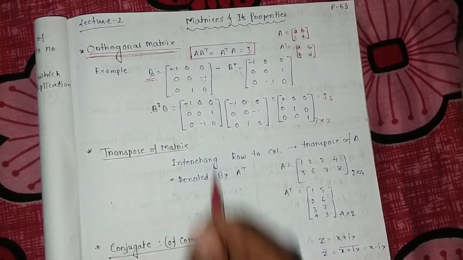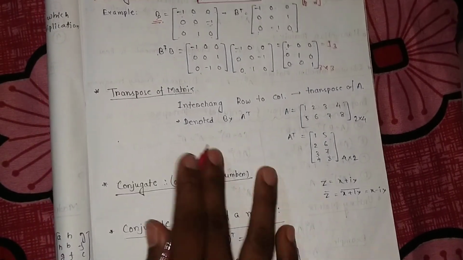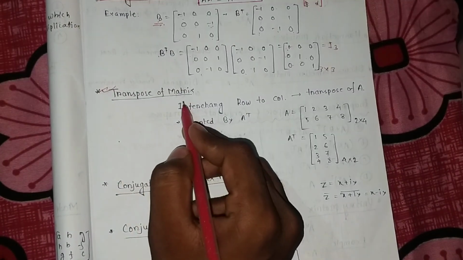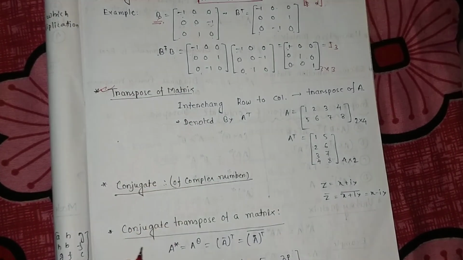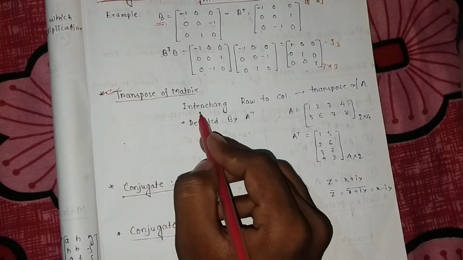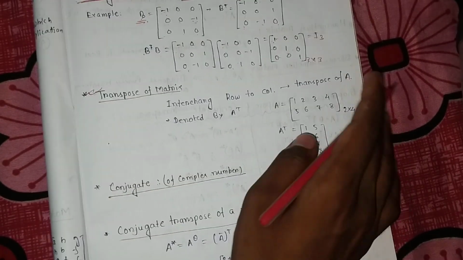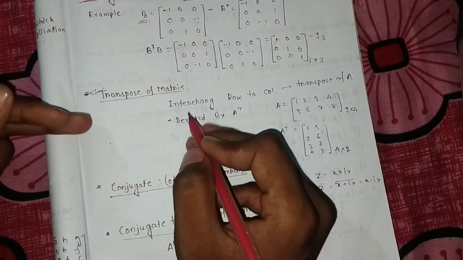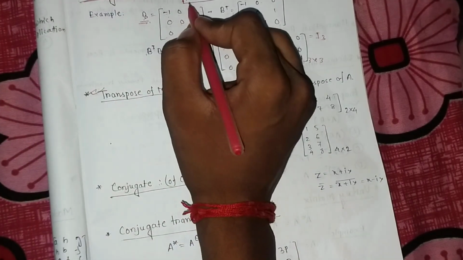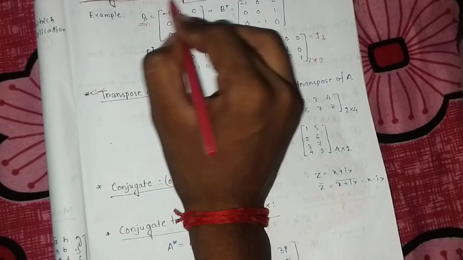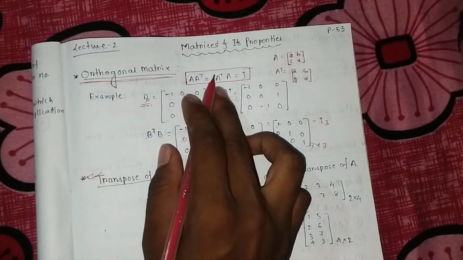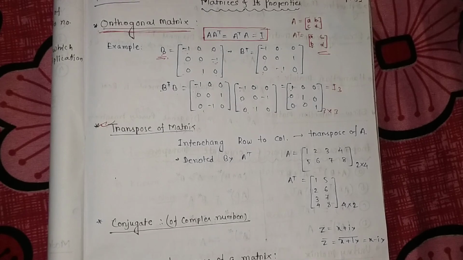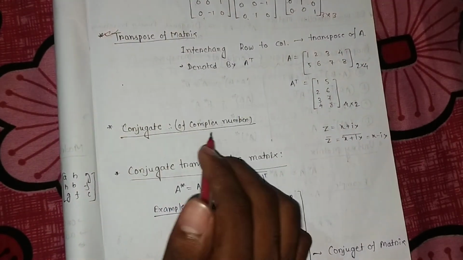Okay. Next is the transpose of a matrix. What is the transpose of a matrix? We already did the transpose of a matrix, because in the orthogonal matrix the transpose is necessary. So we skip that. Next,